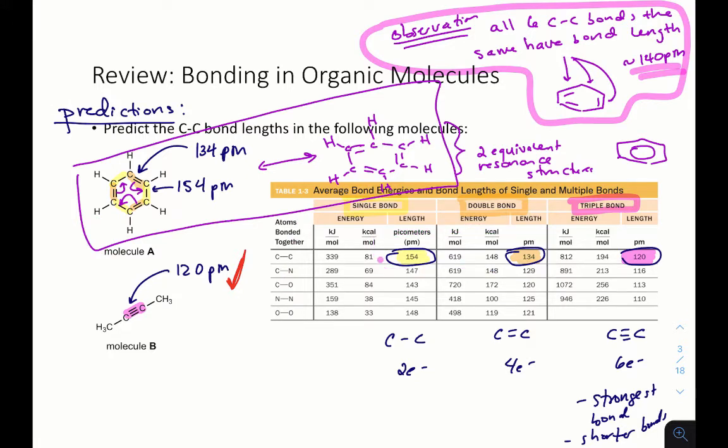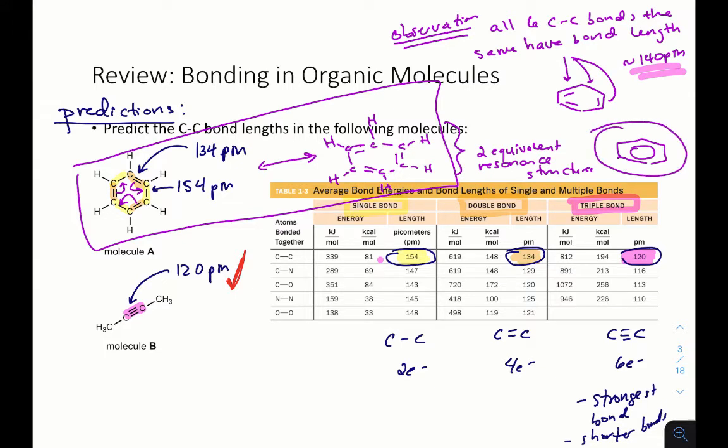The molecule is in fact a composite, and it is described by this exciting drawing, but don't worry, you don't need to draw it like this. You will recognize when you see this molecule, molecule A, it's called benzene. What you need to recognize is the pattern. So let me redraw it one more time so that we can recognize the pattern